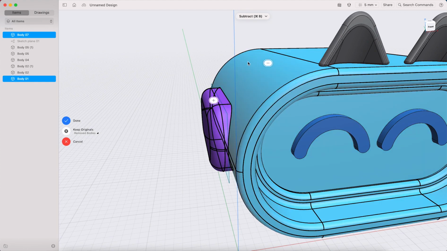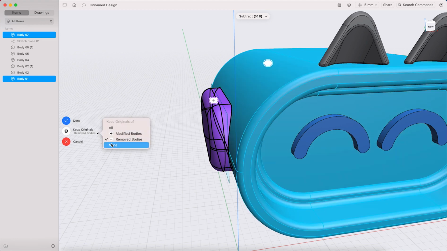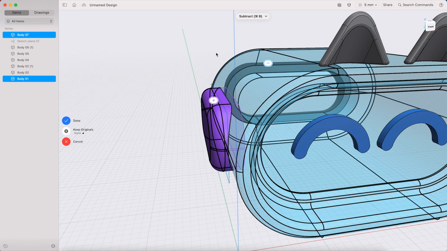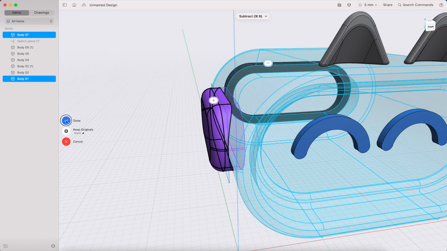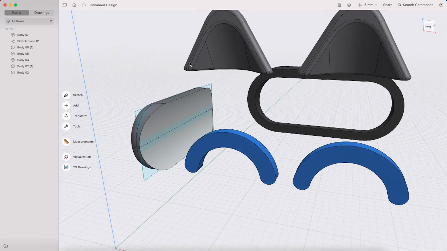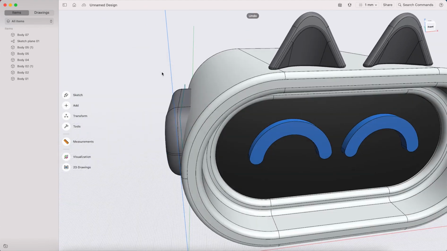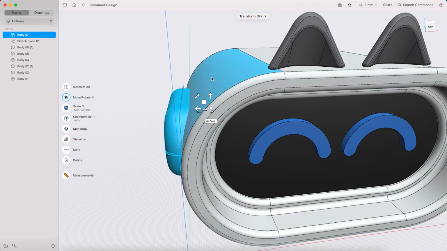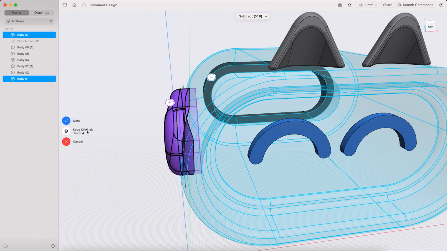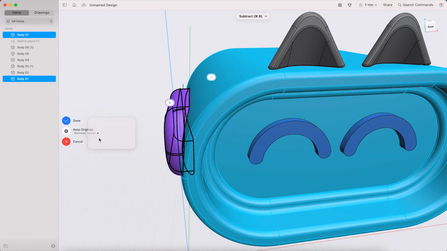So I'm going to keep my original one, right? The remove bodies. If I select none, this one is going to disappear after I finish my work, and then I use it. So double click, subtract, keep removed,